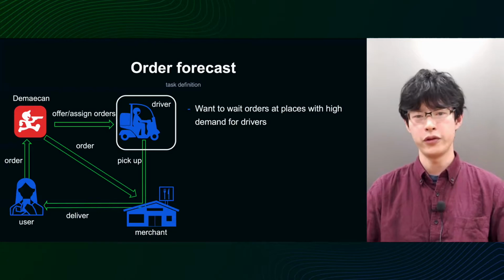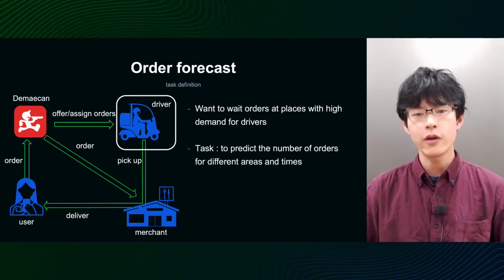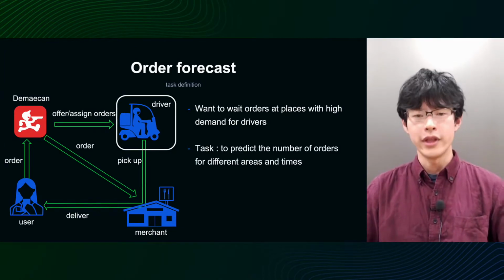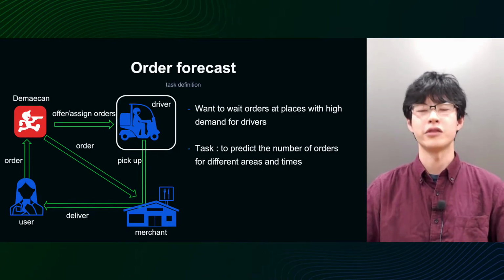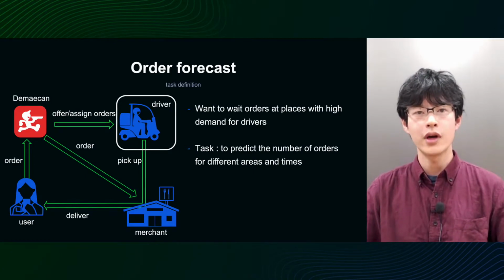Certainly, there'll be less hustle for the driver when that's possible. So the next task to consider, therefore, was to predict the number of orders for different areas and different times